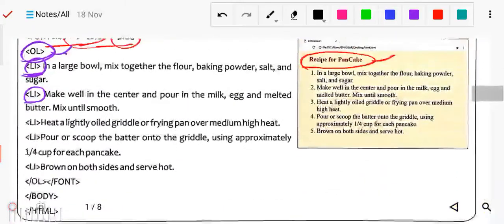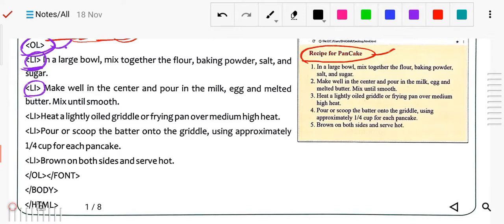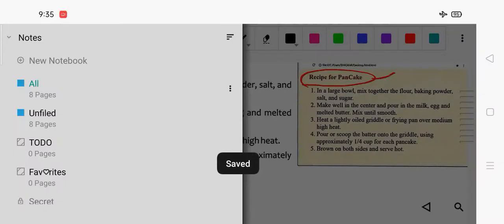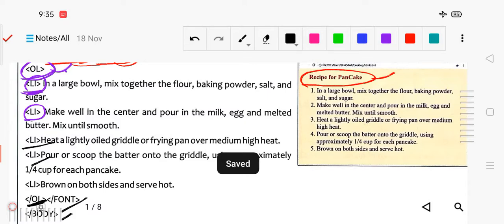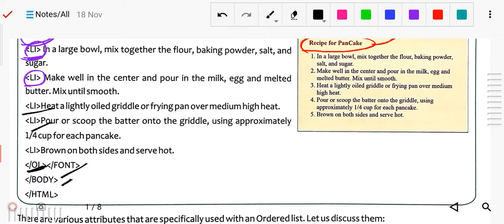So here you can see all these things are written in the list tag. Then after the ol tag is ended, just like the ul tag, the ordered list was opened so it should also be closed, font tag closed, body closed, html closed, so all of them have to be closed. Now after closing all these, see here, what is the output? In the output you can see all the listed items are written with numbers. You can see the numbers automatically coming, 1 2 3 4 5.